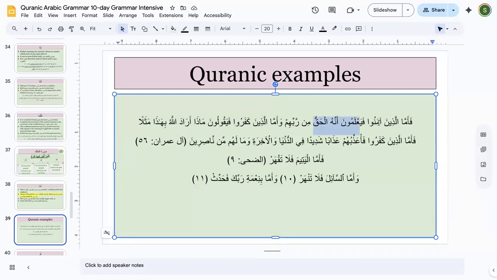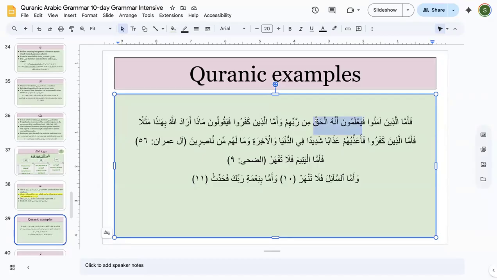So this amma is always going to be followed by an ism which can be rafa, nasb or jar. In here it is entering what type of a sentence? It is entering a jumla ismiya. And you notice its jawab is always going to have fa in the beginning, and it's a very strange relationship between shart and jawab. You notice the shart clause is basically the mubtada, and jawab is basically your khabar. Can you all notice that?